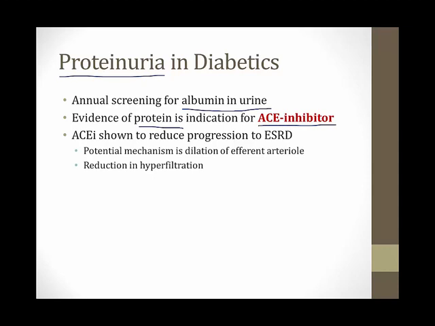ACE inhibitors have been shown to reduce the progression to end-stage renal disease among diabetics. One of the potential mechanisms for this effect is dilation of the efferent arteriole. I just told you that the efferent arteriole is commonly affected in diabetes, and ACE inhibitors preferentially dilate this portion of the kidney. This will reduce the hyperfiltration, and this may be why ACE inhibitors reduce the progression to end-stage